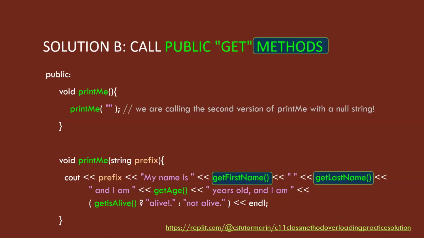So the print me here, in this case, is calling its getter from inside of the method. Notice there's no arrow or dot. That's perfectly fine. It's like, hey, go get me the first name. I don't even know what it's called, but I remember what the getter method is called. That's okay, right? So print me is kind of testing out, somewhat unintentionally, its own methods.